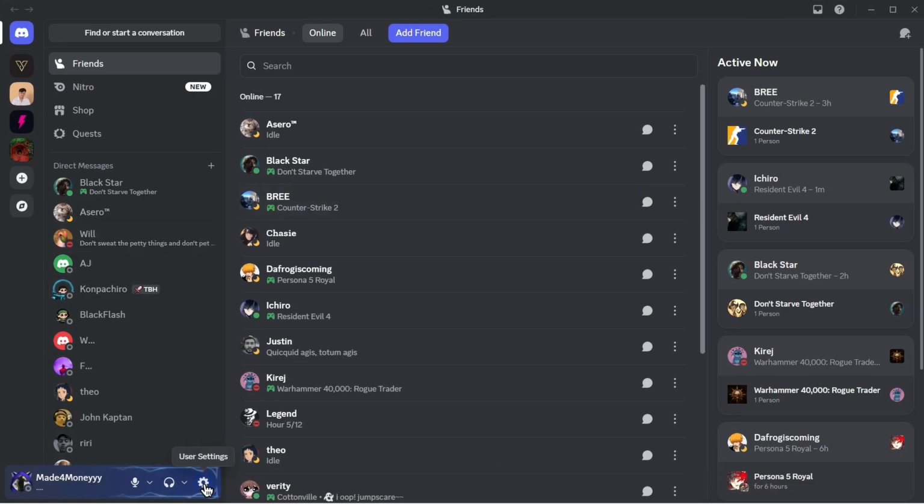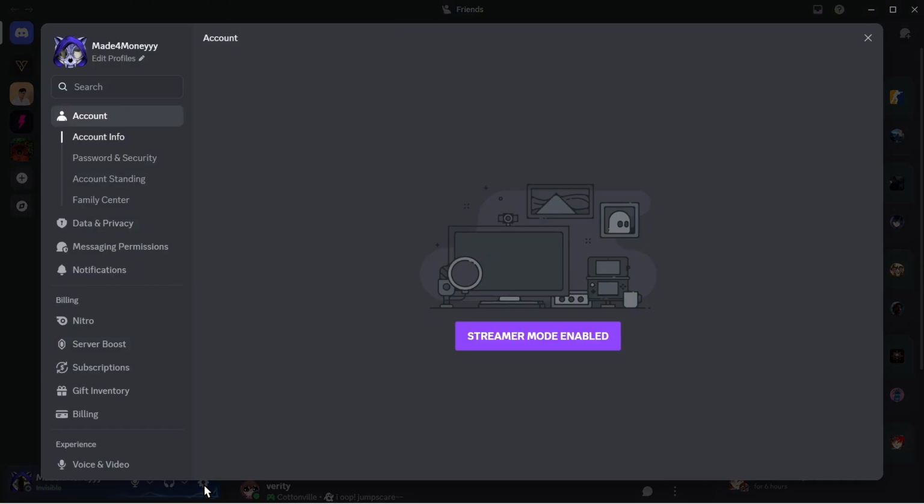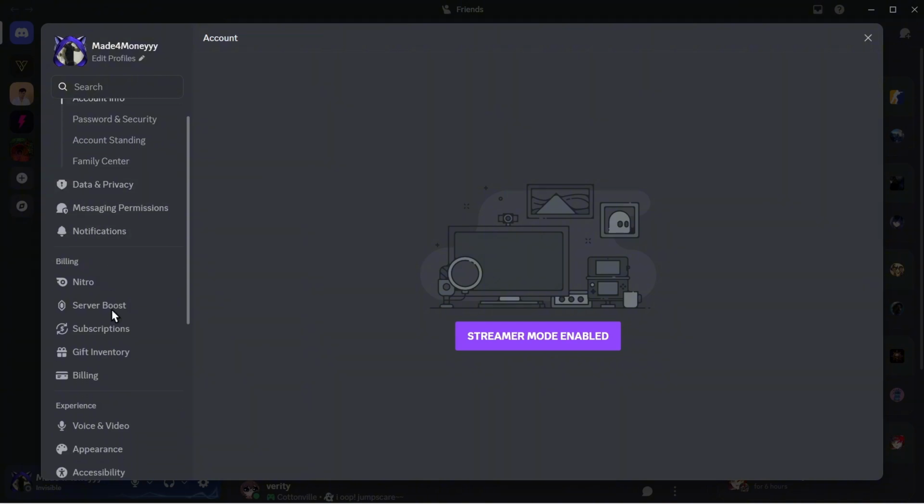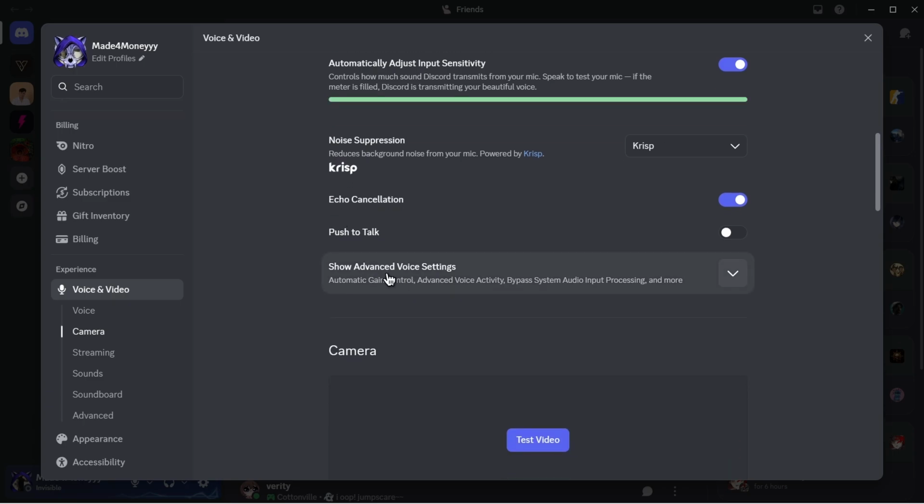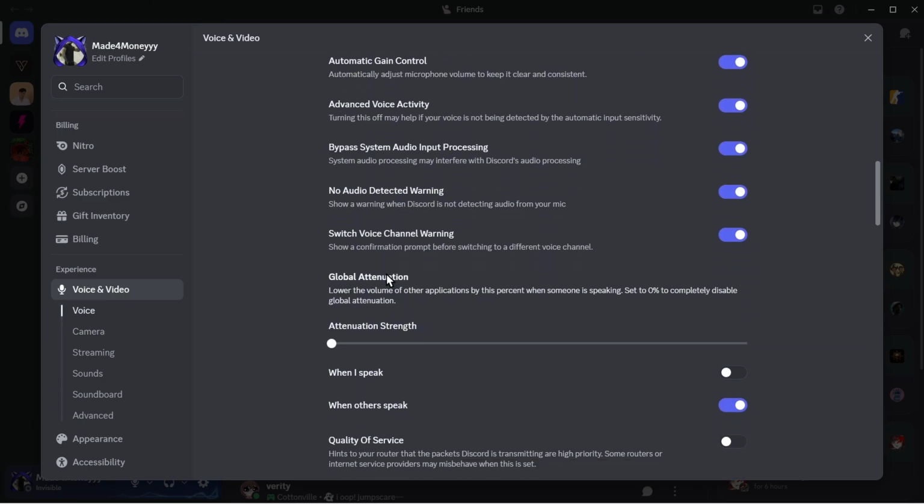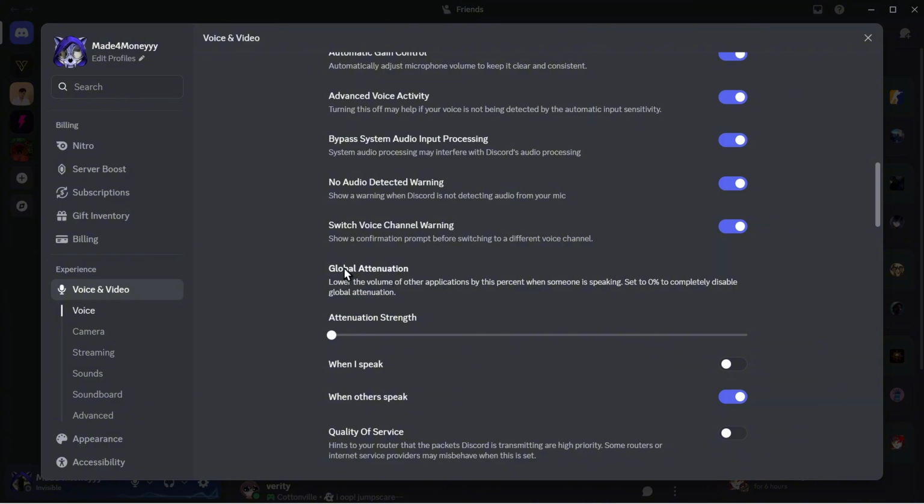Go ahead and go to settings or user settings. On the left panel, find voice and video. Click on it. Scroll down a bit and find show advanced voice settings. Click on it. Now you'll be able to see global attenuation. Make sure that this one is set to 0. Also toggle off when I speak and when others speak to ensure that Discord never lowers your